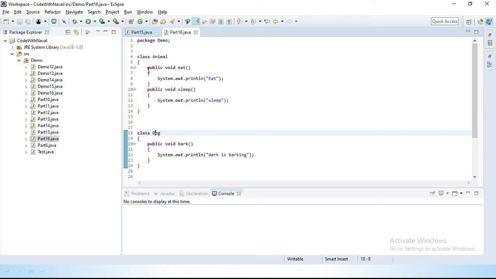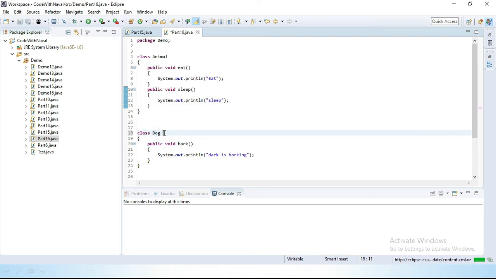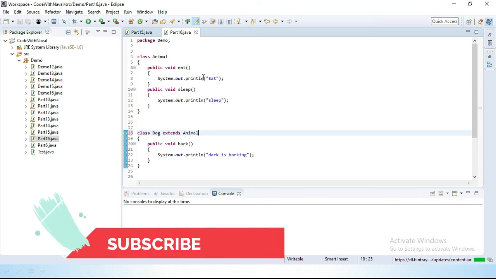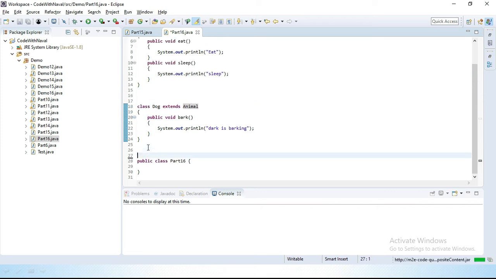So instead of writing this code again inside the dog class, we simply extend this class. We simply make the animal class a parent class. Simply define animal here, and we can use those methods inside the dog class. Let's create this dog class object. I'll create one main method inside our part 16 class.